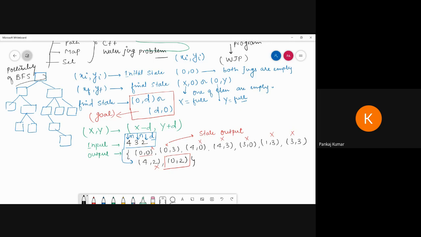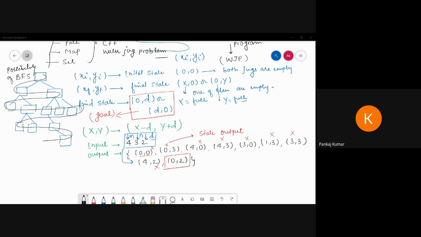Then we can travel like this. Okay, clear? So shall we move?